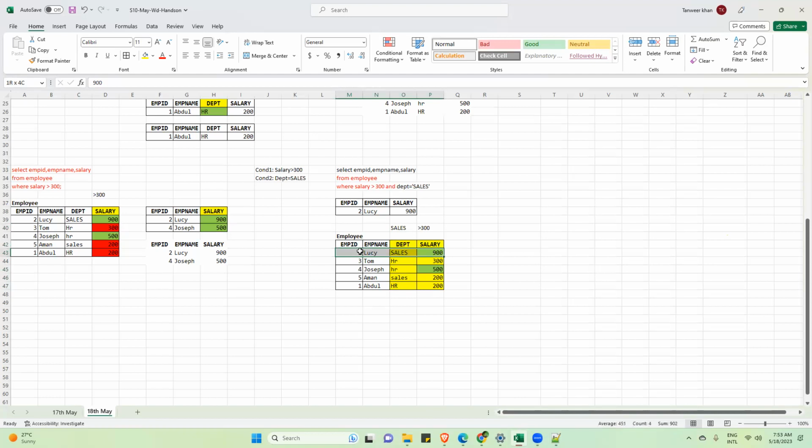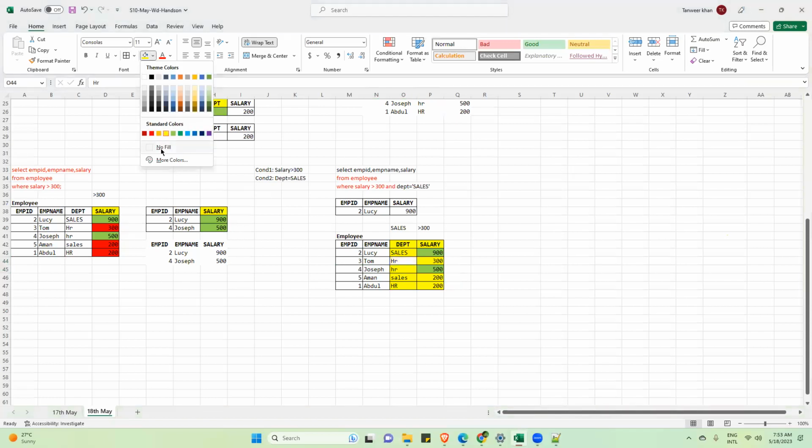This record has cleared the first round, no? First round means first condition, right? So here you don't have to search for sales in this data. You have to search for sales in these two records only. Why? Because these two records are the ones that have cleared the first condition. This is the meaning of AND. Is this clear?